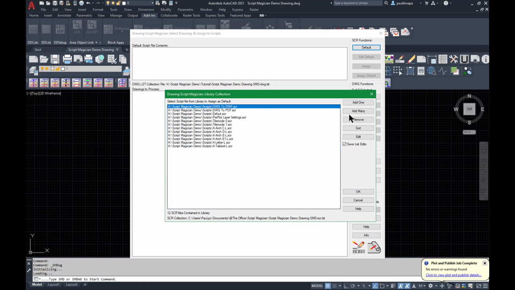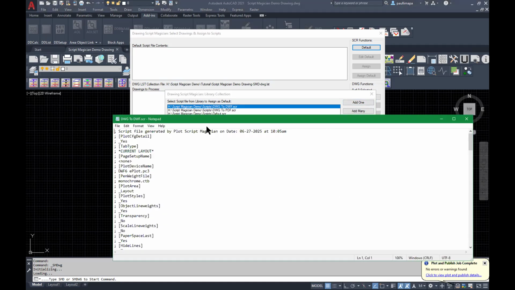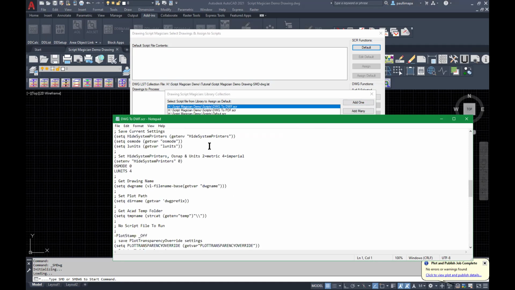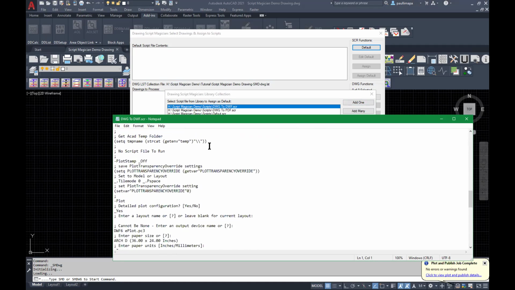file assignment. And to give you an idea, again, a set of commands are on the right-hand side with these buttons, and they give you an idea of what's in that file. Basically, this is generated automatically from the Script Magician plot command. And this will list a number of commands that will, in this case,